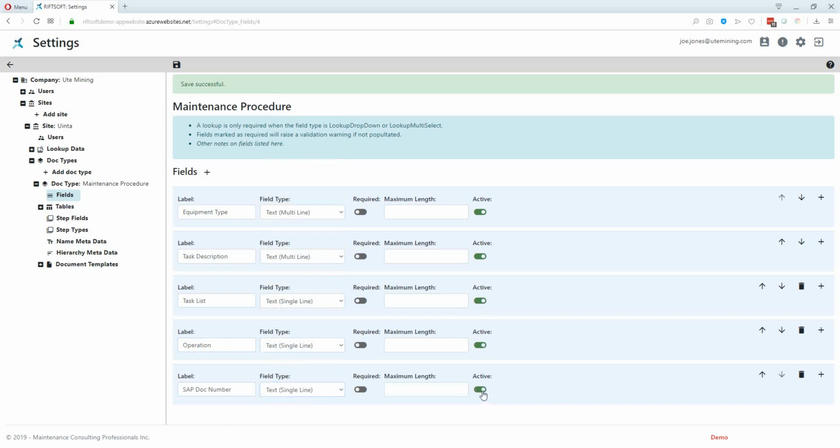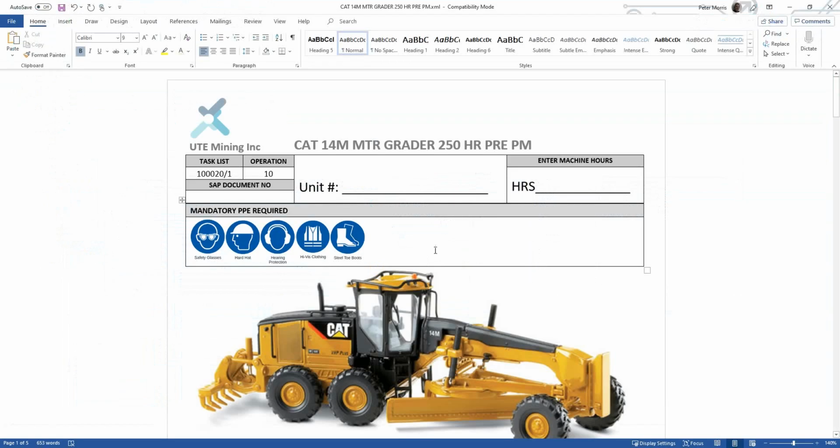Single line, active. So we've now created all of those fields. We'll save that, and let's take a look at what the template requires now. PPE. So this is an example where we would create a lookup table, and I'm going to show how that's